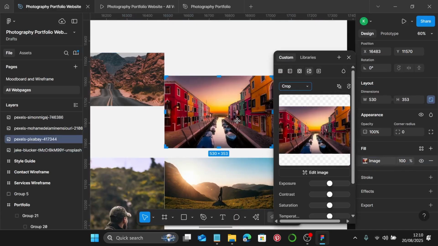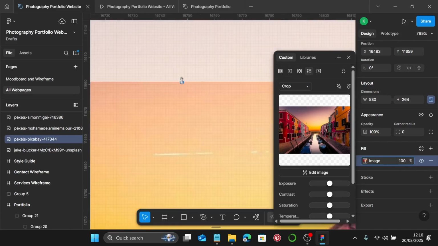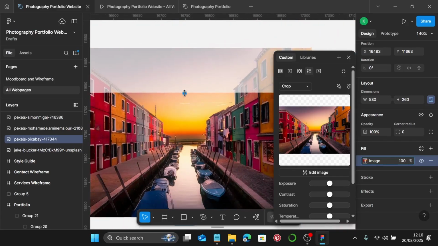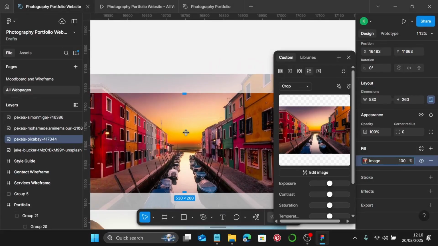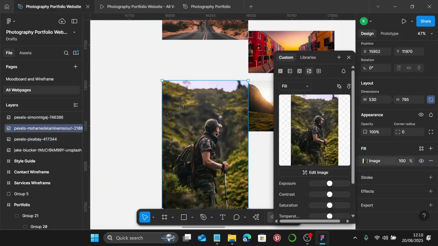I'm going to crop and reduce the height to 260. Like this. I'll just kind of center the image as best as I can. Close that. Go to the next image, double click, crop, and